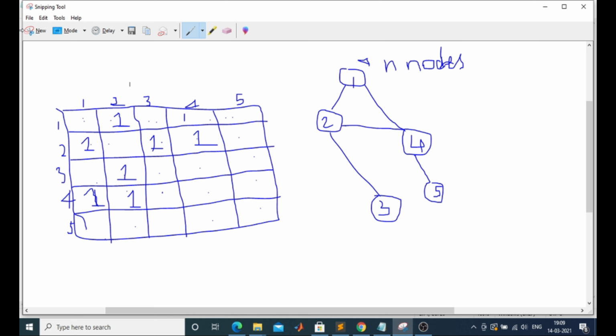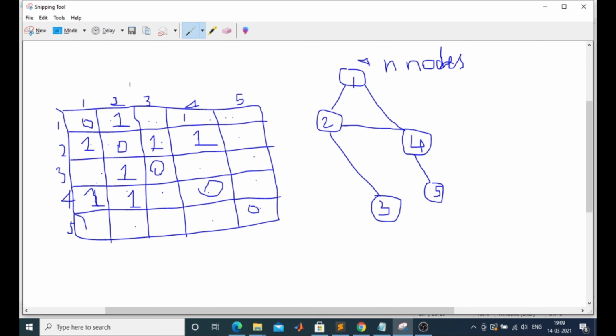And 2 is not connected to 5. See, in this adjacency matrix, an element connected to itself is not considered a case, so these are all 0. Elements on the prime diagonal are always 0 in the case of an adjacency matrix. Okay, remember this. 5 is not considered to be connected to 5. Now 2 is not connected to 5 as well, so it will be a 0.